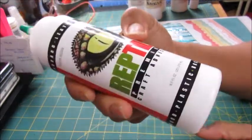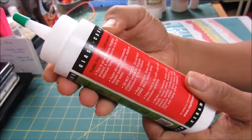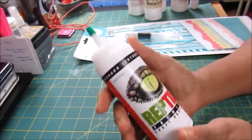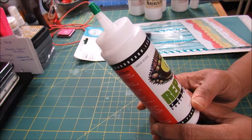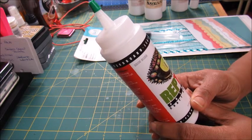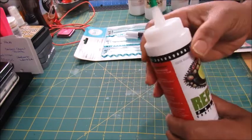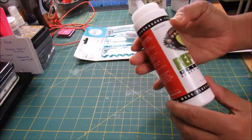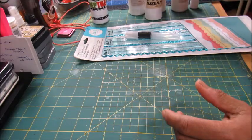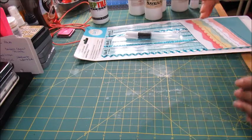So my question is, when was this bottle filled? And there is no born on date on here. So I contacted the company and asked them, how do I know how old this product is? The person that replied to my email basically says that they fill the bottles and then ship them out. They don't have time to sit around. So I'm like, okay, but to me it would just be better if there was an actual born on date on here, so we would know. But that really doesn't mean a whole lot because they can put whatever date on them, whatever they want. So anyway,